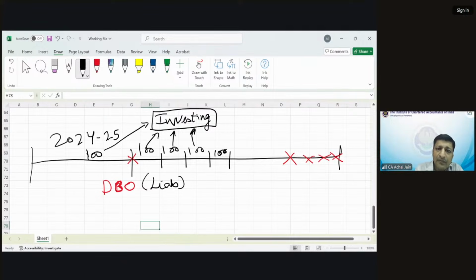Every year when the fund is contributed, it is invested somewhere. And what is the objective? That from the pool of the funds which is invested, this future liability will also be paid. Right? Now, this investment which the employer makes year on year in respect of this particular liability,